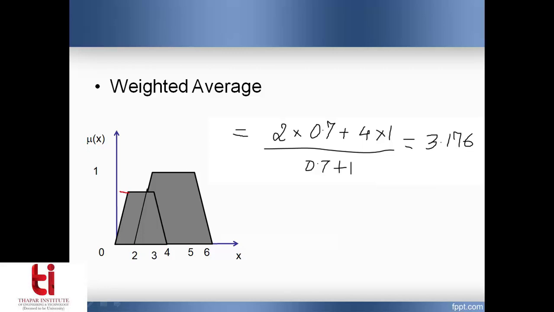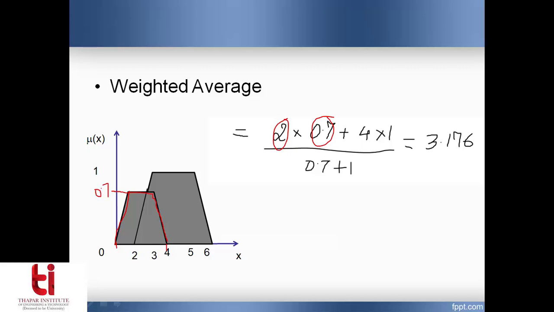So here I am having 0.7 membership value. First I take up this fuzzy set, that is the smaller one. Here I identify the constituting fuzzy sets and I find the centroid of each individual. What is the centroid of this? It is extending between 0 and 4. So what is the middle value? It is at 2. So I take it to be 2. And what is the membership value corresponding to that? It is 0.7. Okay. Then I have the larger constituting fuzzy set.